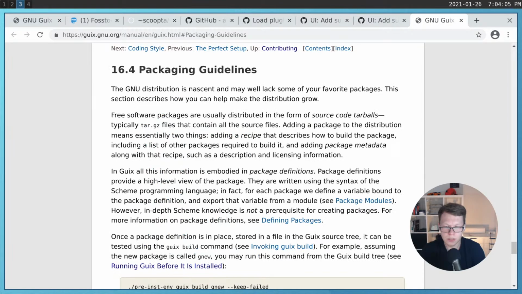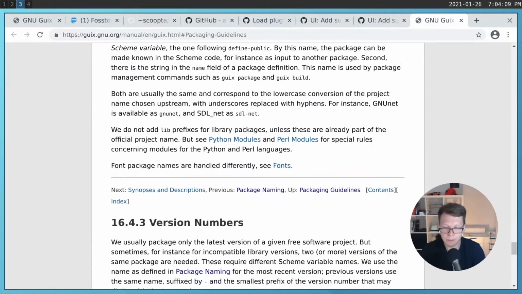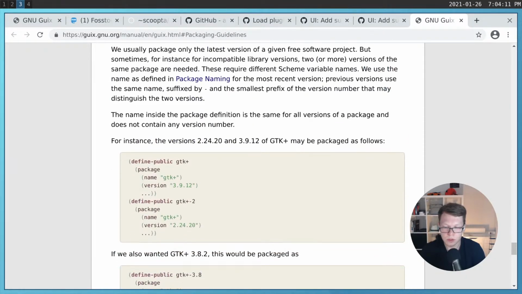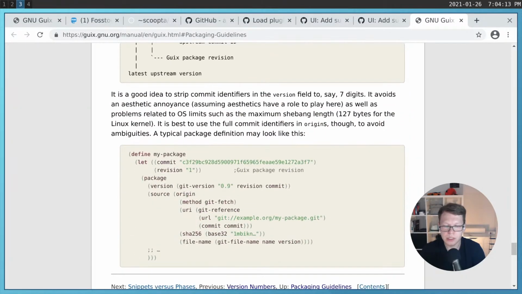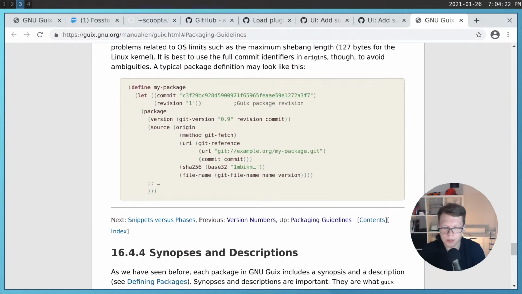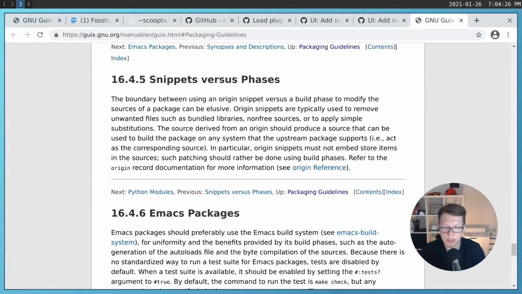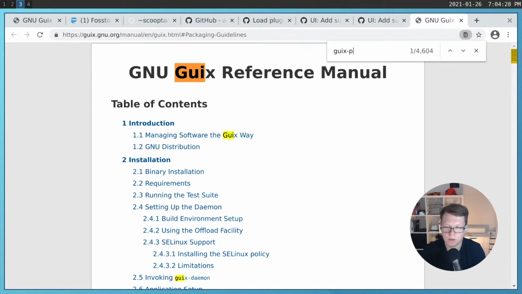It loads pretty slowly. It explains a lot of small but important details: how to name packages, how to set versions, and what we've done here is very similar to that section of the tutorial. And later you will find